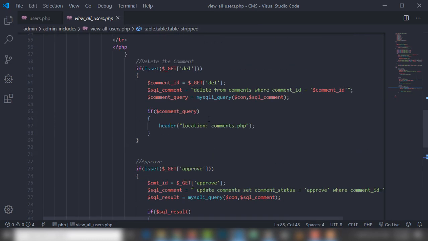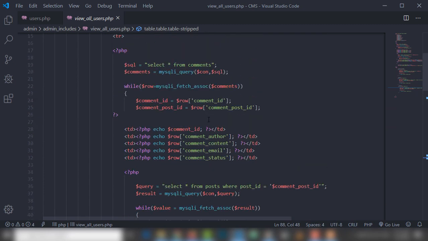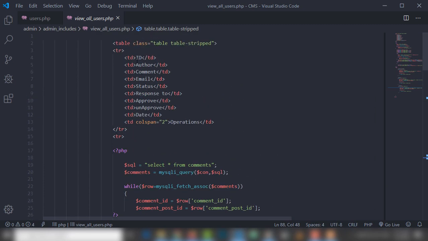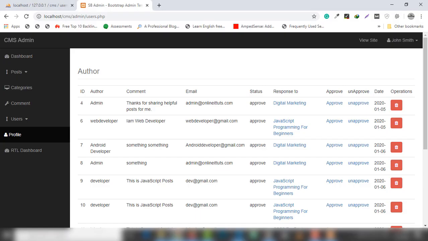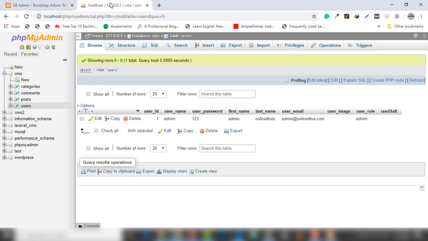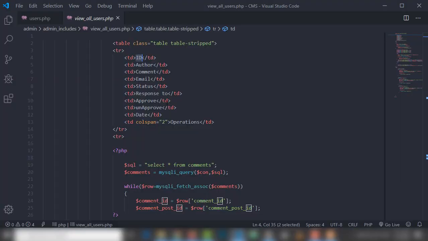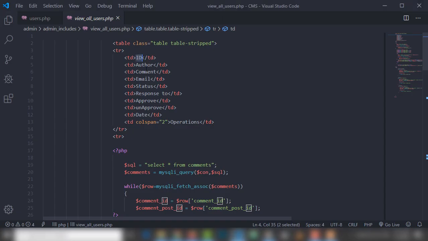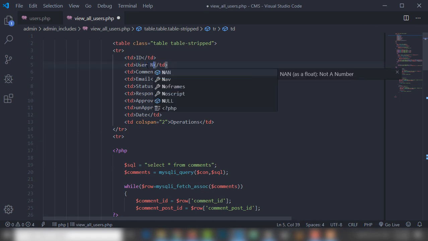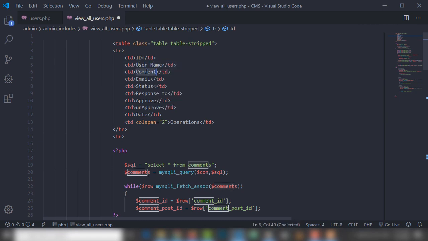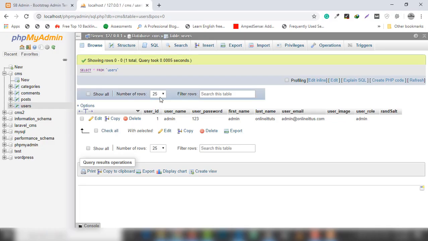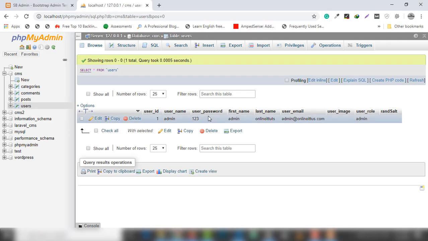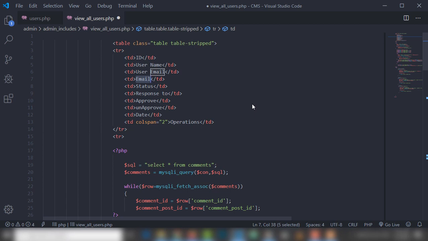and need to go up and we need to change the headings from there. So first one is the ID. I'm gonna open this one, user ID. I'm gonna use ID, username, user email, and what's the next? Password. I'll leave the password. First name